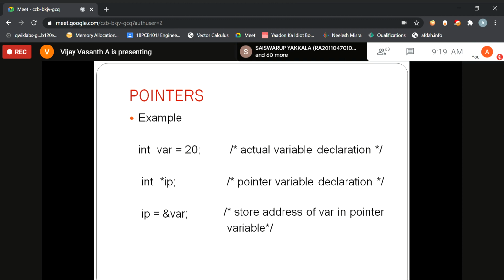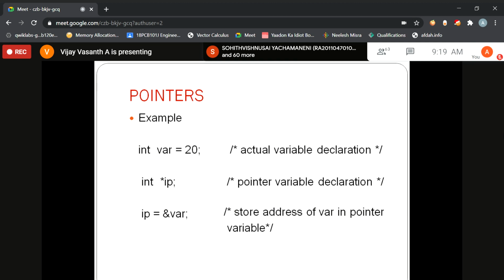Then it becomes just a value. When you include the ampersand symbol, only then it becomes an address. The compiler will take it as an address. Otherwise, it will take it as an ordinary value.